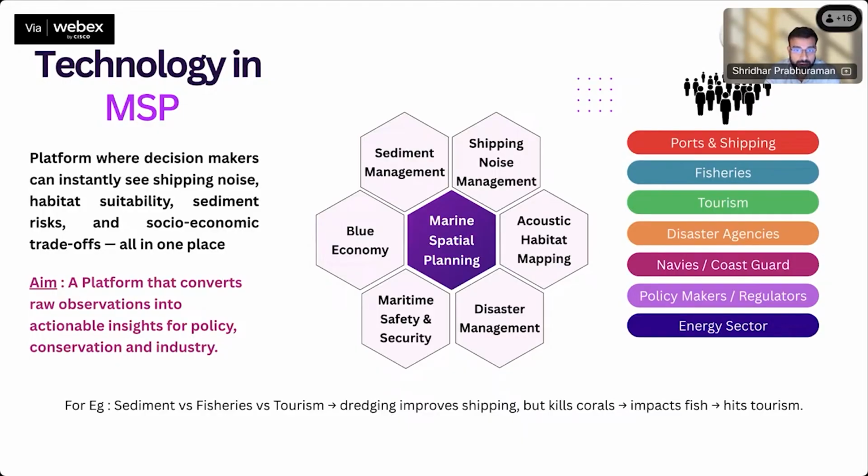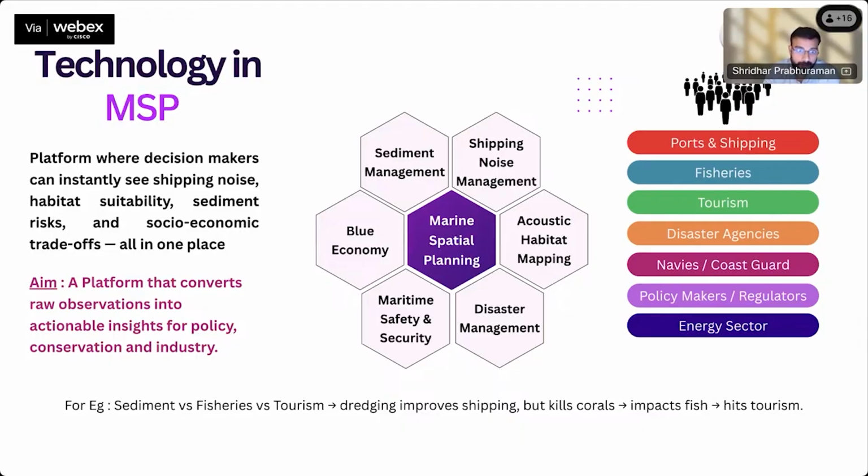So marine spatial planning as a concept, when it was introduced, if I remember correctly, in the early 90s, was introduced when the coral reef project happened for the Great Barrier Reef in Australia. It started from there, and ever since then, it has been substantially improving, but still it remains a static map. The idea being that with all the data that you obtain, be it AIS data or ports in the region or offshore oil rigs and platforms, you essentially map all the static data onto a particular tool, and that allows you to have a broader overview of what the different resources present in the ocean are.